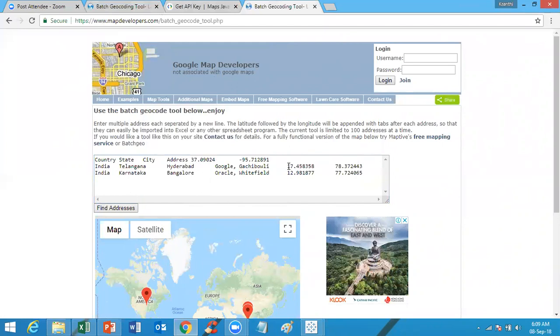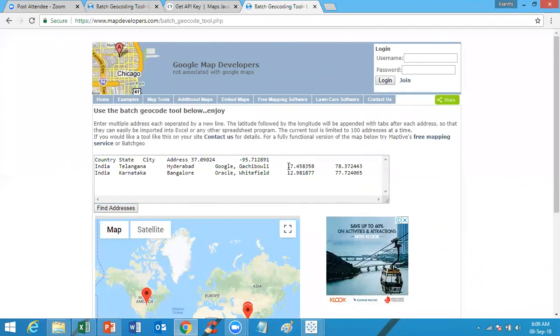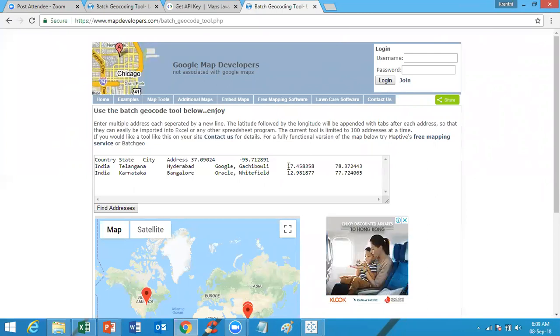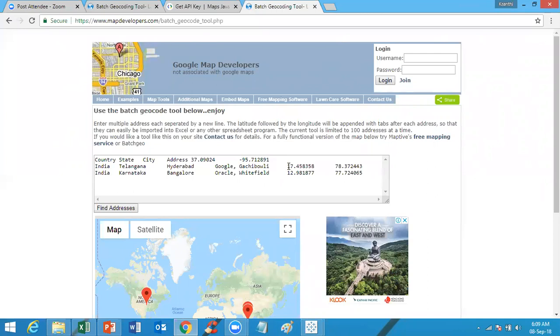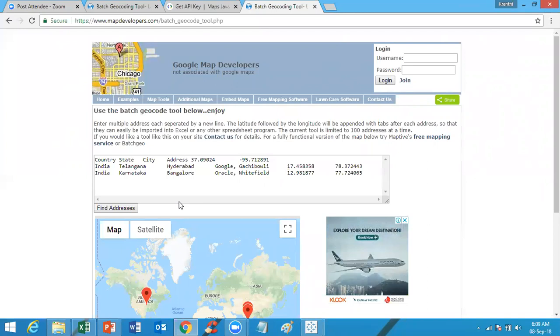So what I will do is go back to the Excel again. Here what we have done is we have automatically generated latitude and longitude by clicking on find addresses. Okay, so by searching batch geocoding in Google, okay, batch geocoding in Google, so we'll be getting